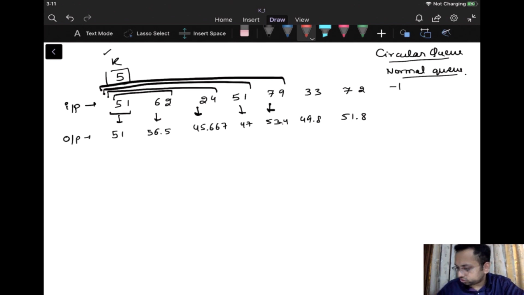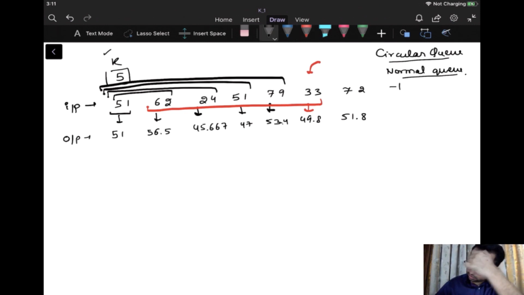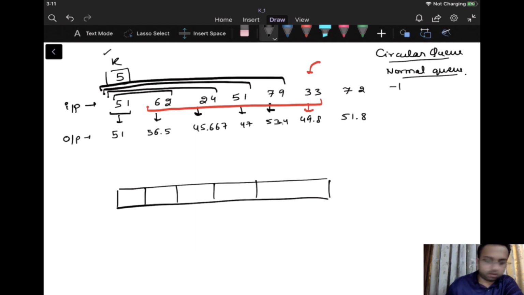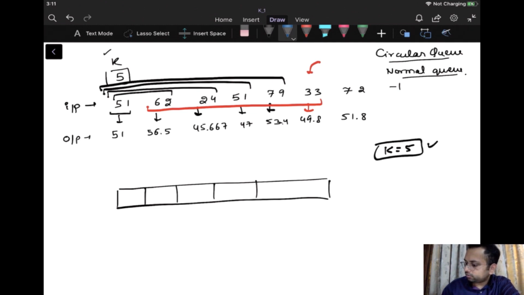But now the things change. If I insert one more element to this particular set of numbers, the average should be of these numbers and not from the starting point. So the average of this will be 49.2, and this is how we have to calculate it. You can see very easily that if we have a certain queue, let's say a circular queue, I'll make it of size equal to 5. When we insert one element, I'll insert 51 to it.